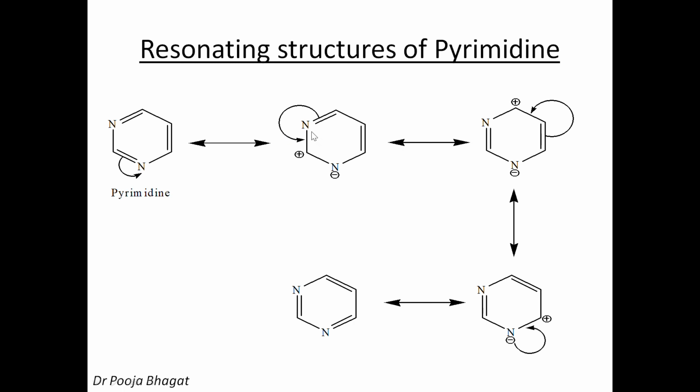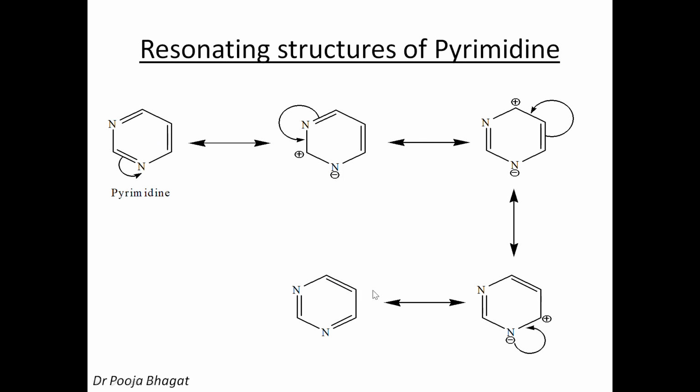Since electrons are moving here, the positive charge becomes neutral. So there is a pi bond here, there is a sigma bond, and since the electrons are moving away from the fourth carbon, it will attain a positive charge. You can see here the double bond, single bond, with positive charge at the fourth carbon. Then these pi electrons will shift here, so there will be one more pi bond, this is a single bond, and there will be a positive charge at the 6th carbon. Now this negative charge will come here, and you will get pyrimidine again. So these are the resonating structures.